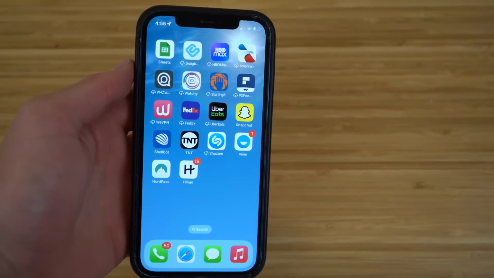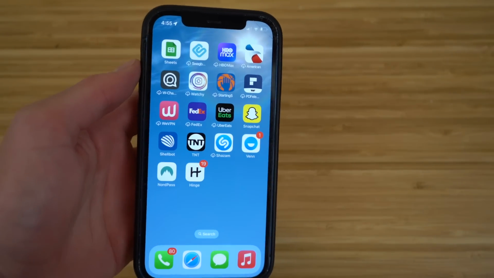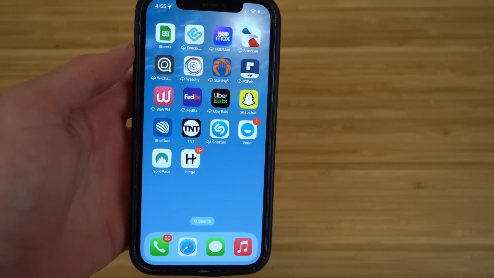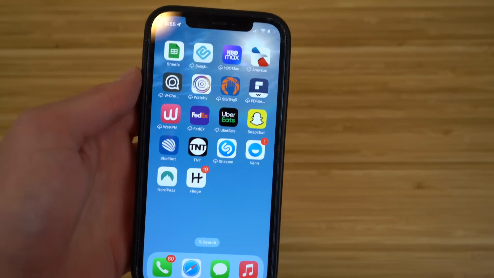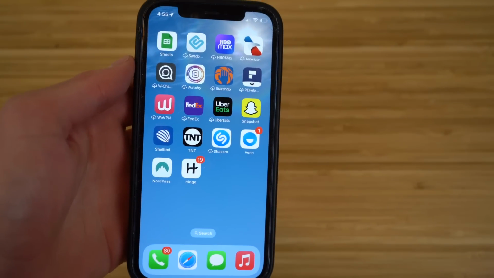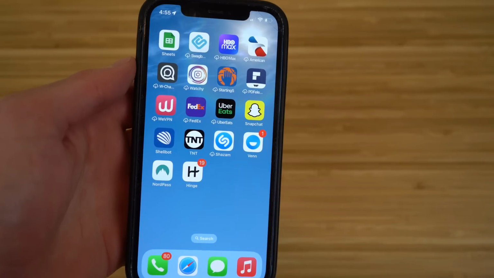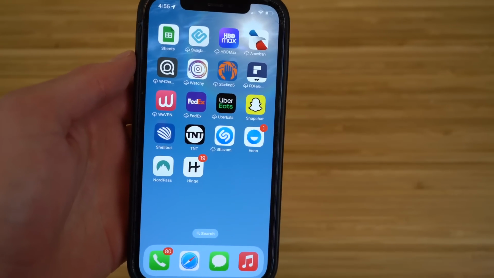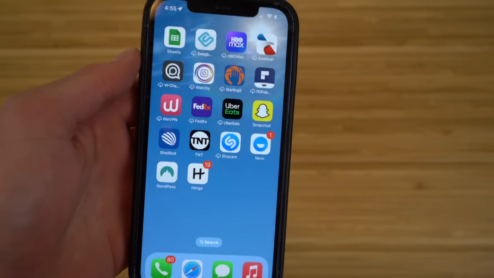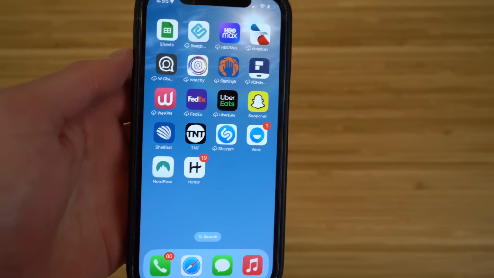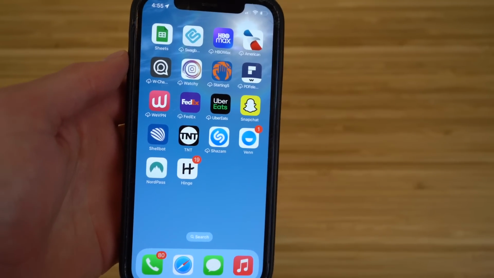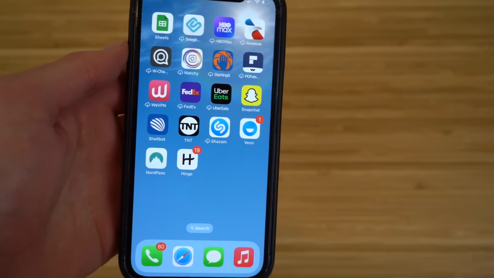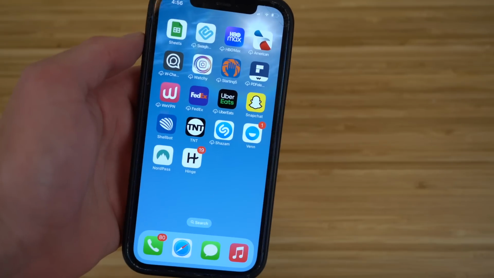Next feature I want to talk about for iOS 16 relates to the Safari app and all the new features you guys can use with the tab section on the Safari app. So as you know, in the last iOS 15 update, they made the Safari tab bar or the search bar at the bottom of the screen as opposed to the top. And we previously showed you guys in multiple videos that you can change that back, but now in iOS 16, there are also many new features that they included with the iPhone,